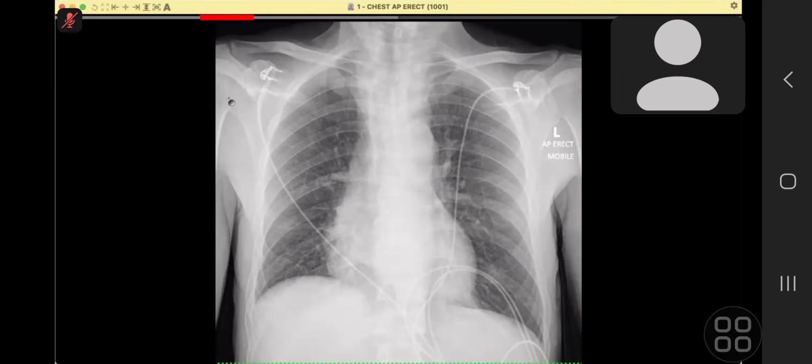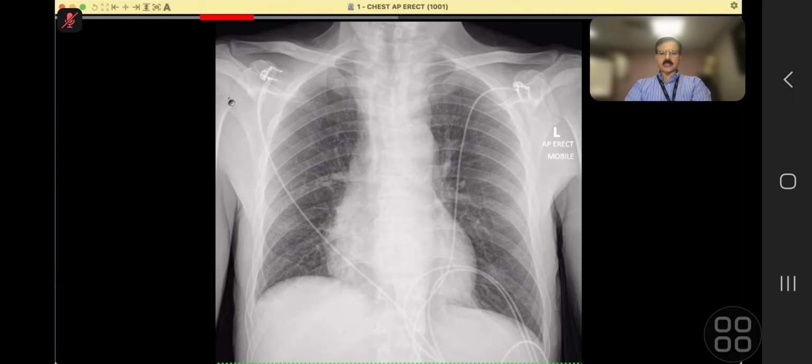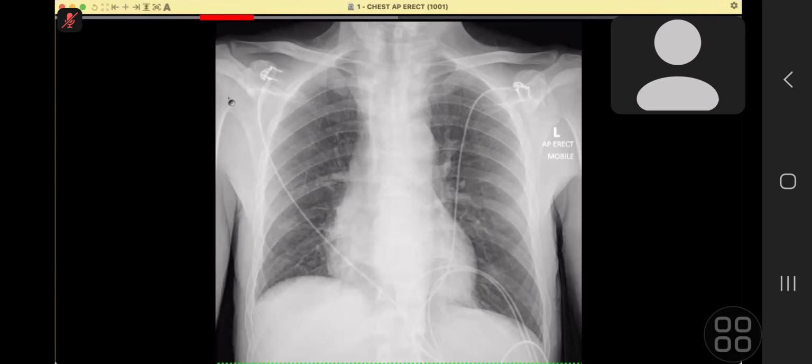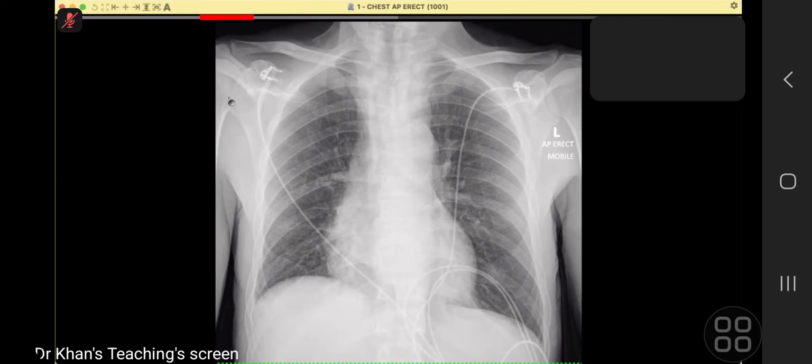Can you please concentrate on the mediastinum? I don't see much. Maybe there is subtle widening in the mediastinum, in the superior mediastinum, but